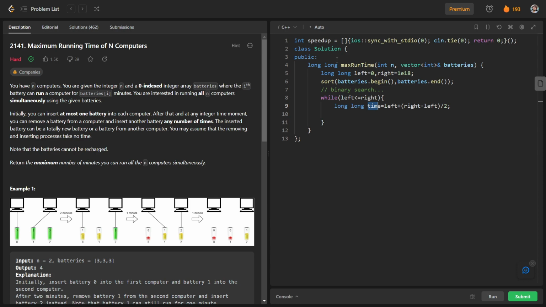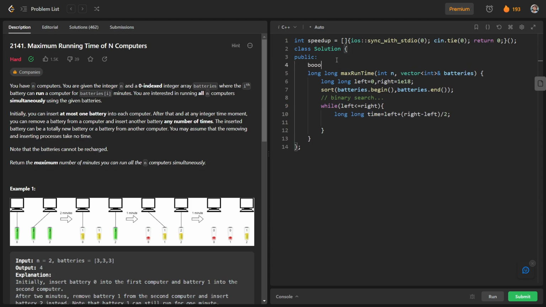So for this I am going to have a boolean function, bool possible, and the parameters will be int n and vector of int batteries, and this particular time.